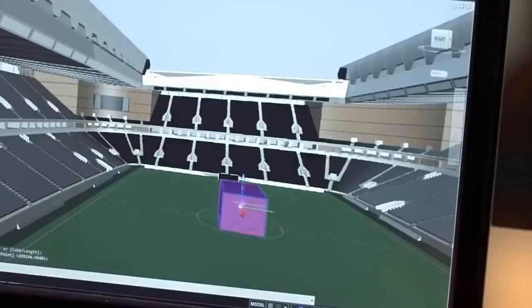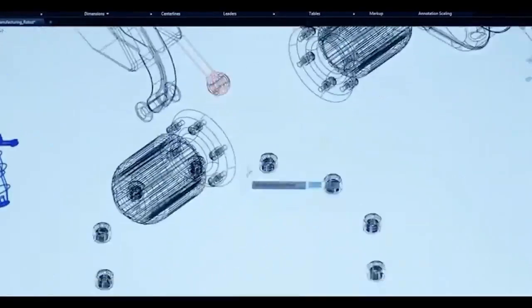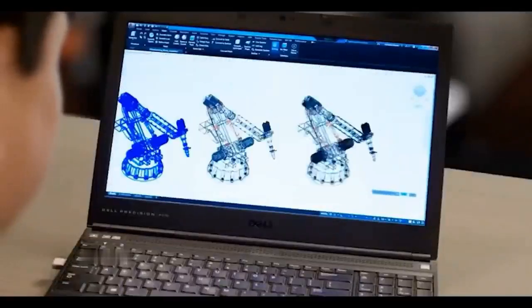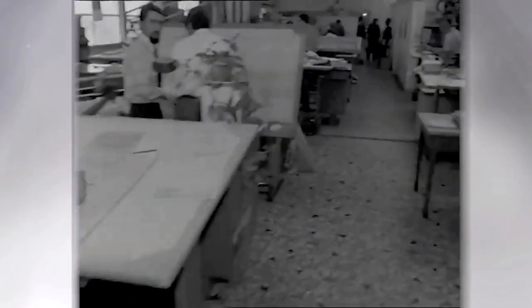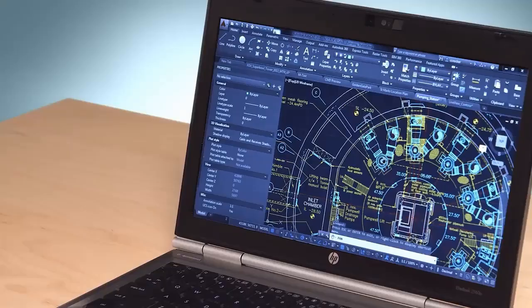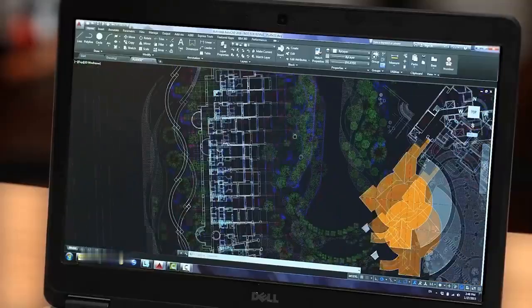CAD stands for Computer-Aided Design, which, as its name suggests, is the use of computers in drawing the plans of the things you want to build so that you can easily visualize it before actually building it. Before the era of CAD, engineers and designers had to draw all their plans on paper, which was both time-consuming and error-prone. AutoCAD not only made this process easier, but it also made it possible to make highly complex things